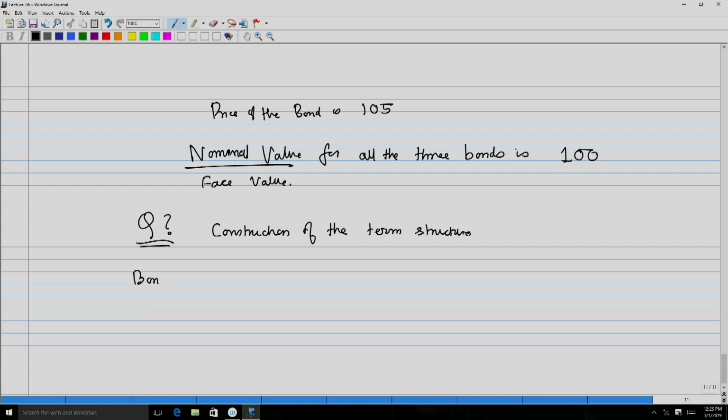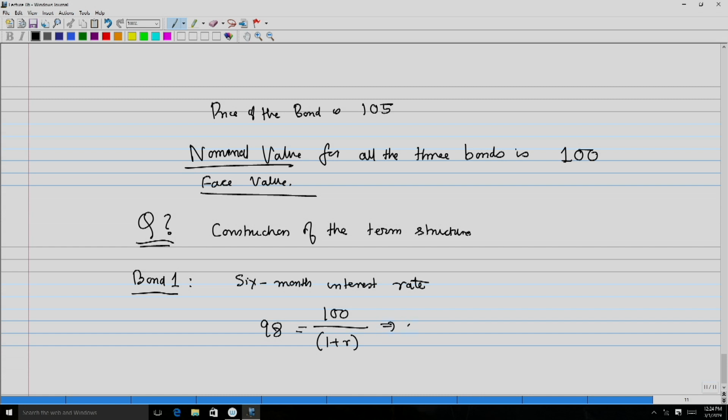So, let us take the first bond and go one by one. We first compute the 6-month interest rate, and how do we do it? Remember, the nominal value or the face value is 100 and the price of the 6-month bond is 98. So, that means, if R is the interest rate, then R becomes 2.041%. This is exactly the same example that we have already done, the first example that we had seen